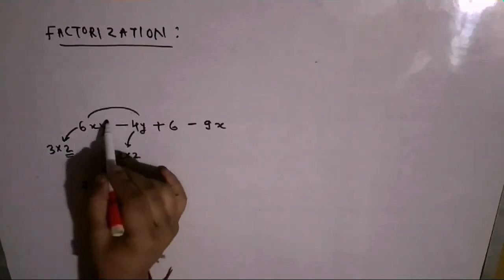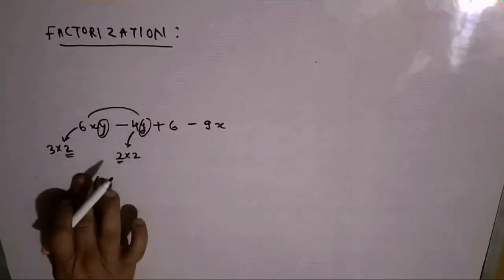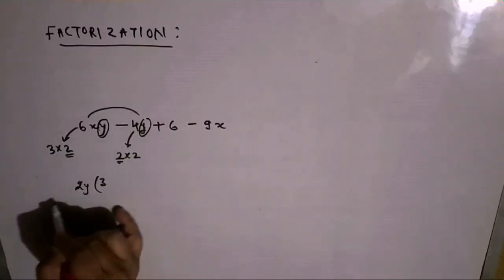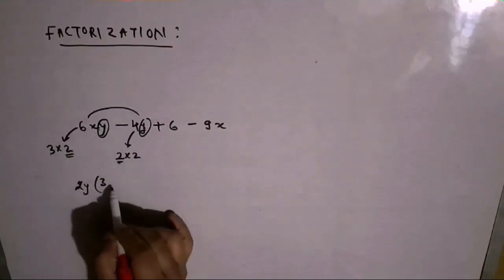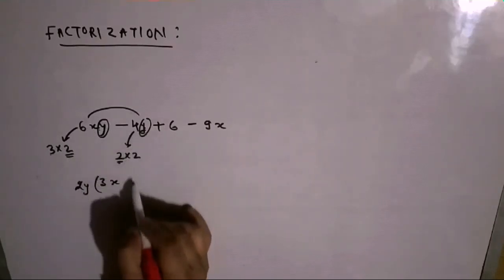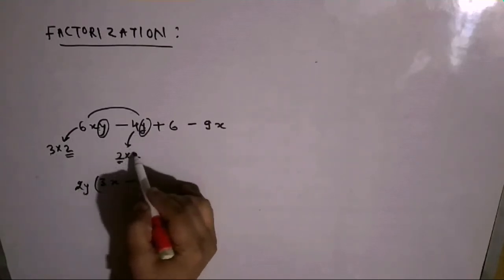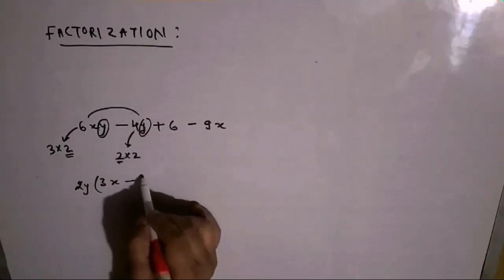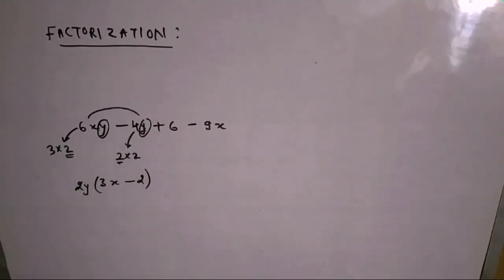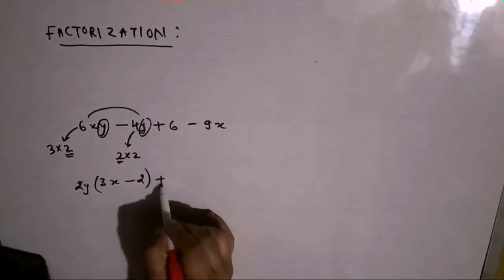Okay, y is also coming common out of these two expressions. So you can write 2 and y common. Okay, so only 3 would remain and x would remain. So 3x, and in place of this minus sign, 2 you have taken common. Okay, and y you have taken common. So 2 and y would come out, only 2 would remain. Okay. Likewise,